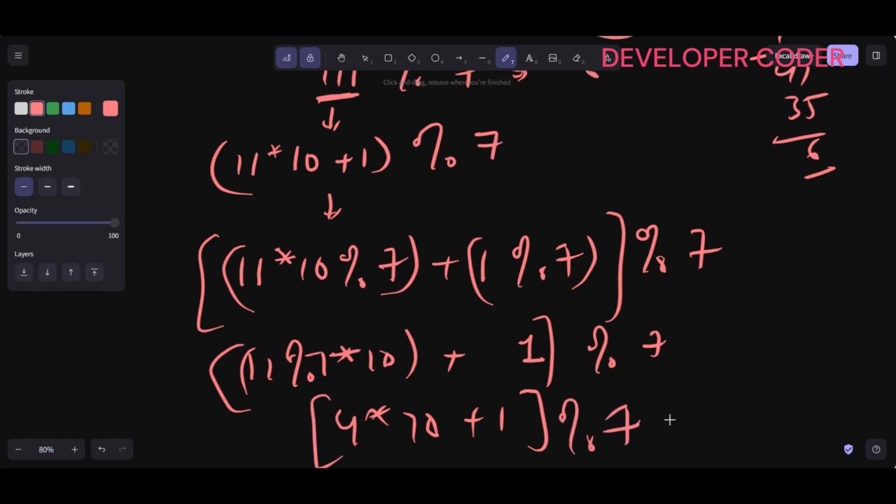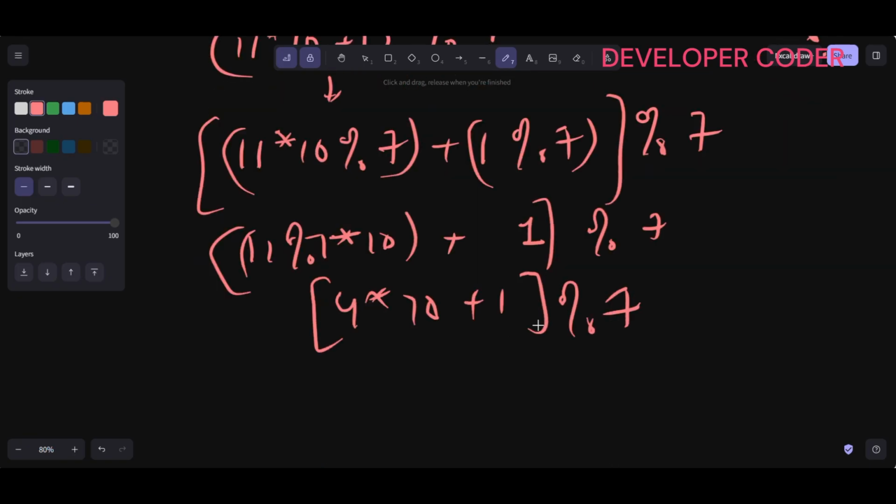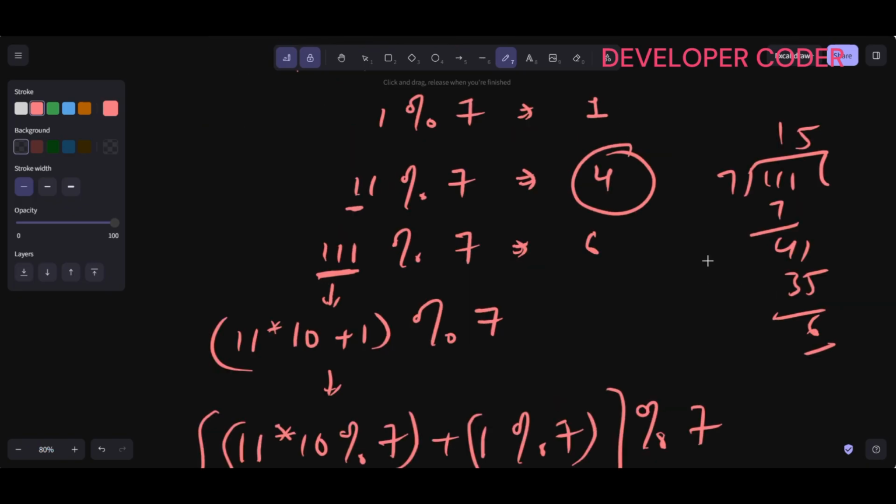So we are just taking the modulus with 7 only, right? We are only dealing with the remainders. So 4 into 10 is 41. 41 modulus with 7 is nothing but, right, here 41 modulus with, right? So this is a plan, right? This is a plan. And even though if you see this particular thing,